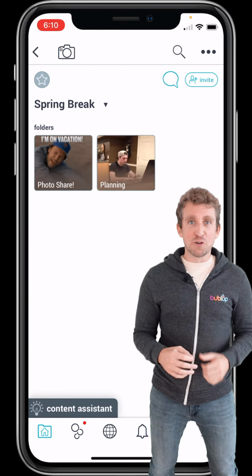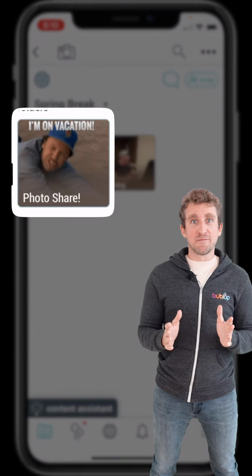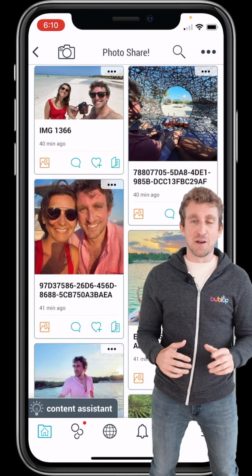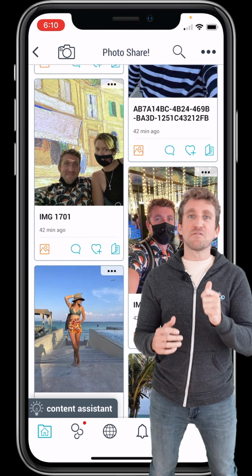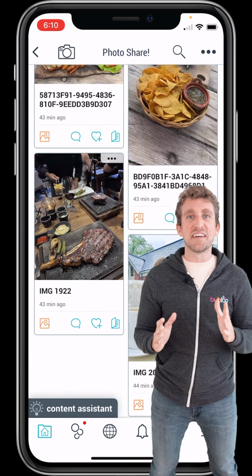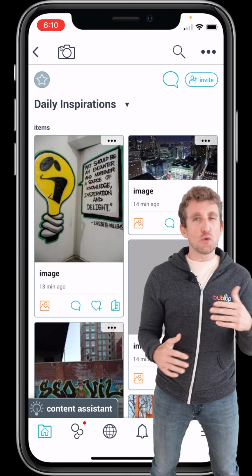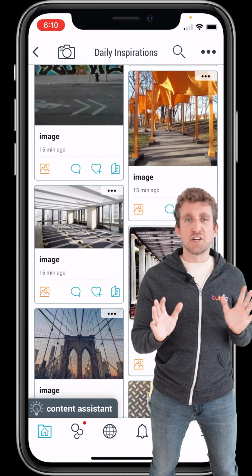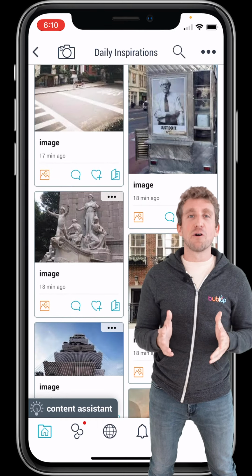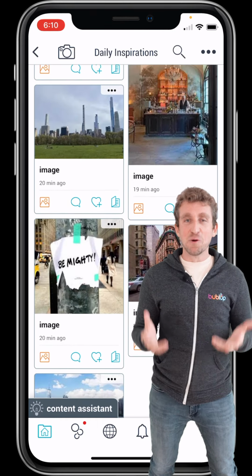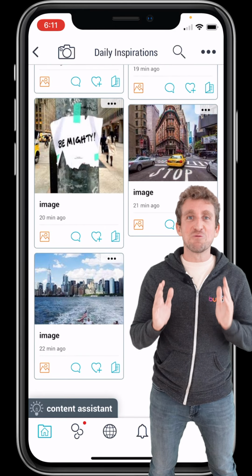How about an upcoming road trip or family vacation? Create a BubbleUp folder and invite your friends and family into it. Show them the camera option. Now everybody can go around the vacation snapping photos to their heart's content, and everyone can see and share them instantly. Or perhaps you're the creative type and you're always seeing inspiration in your everyday life. Create a folder called Inspirations and snap the photos so they all go in one spot. You're basically creating a mood board or an inspiration board as you go about your day.